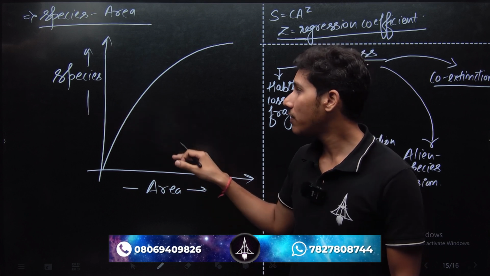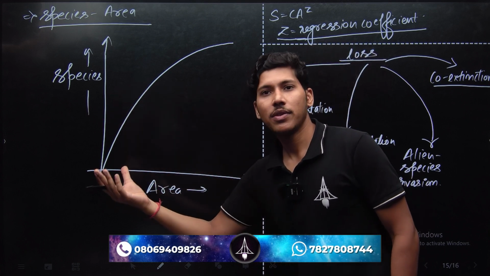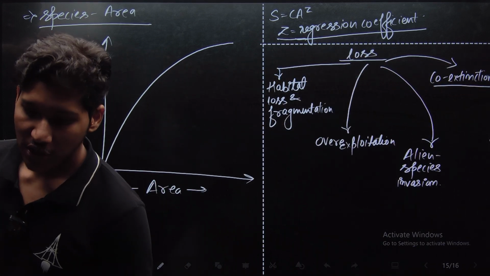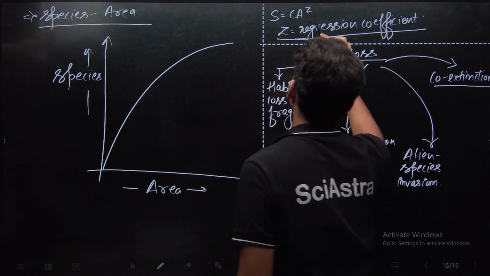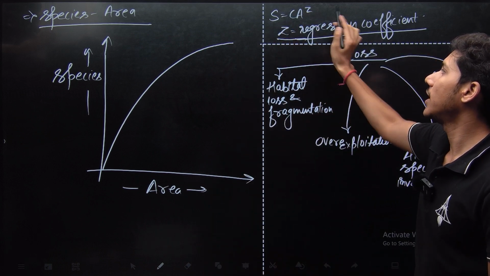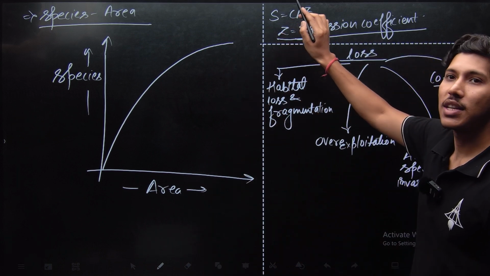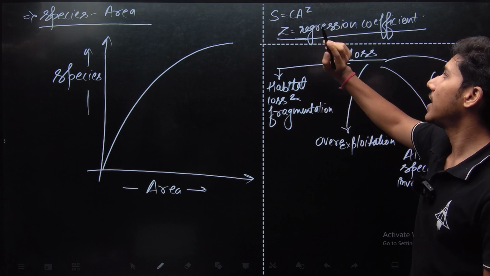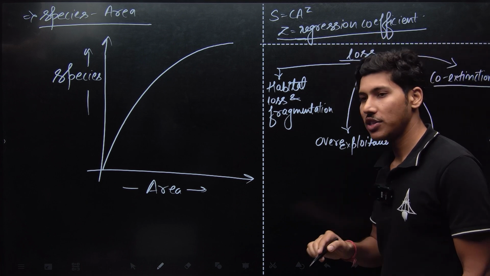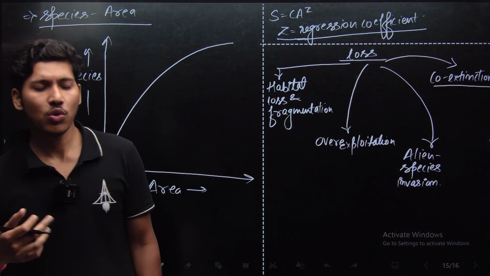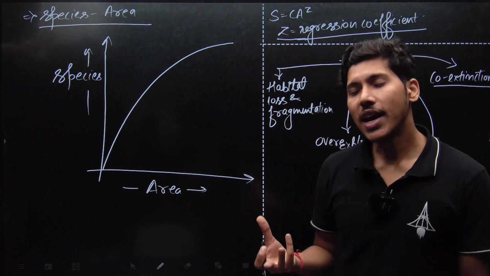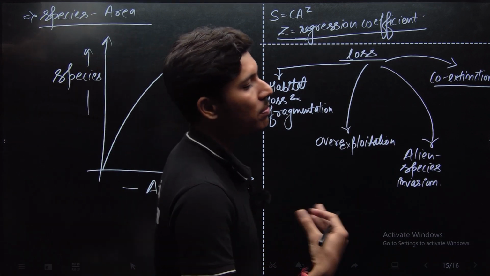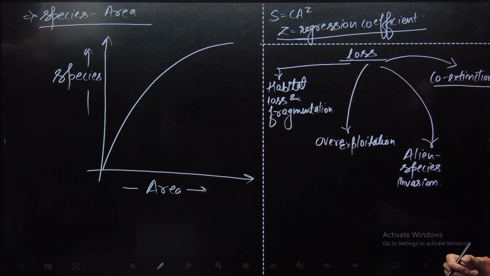Okay, such a study between species and area is known as species area relationship, and it gives us this formula: S = CA^Z. S stands for species richness, C is a constant, A is area covered, and Z is the regression coefficient, which also gives us an idea of the diversity of species in any given area. Okay, now